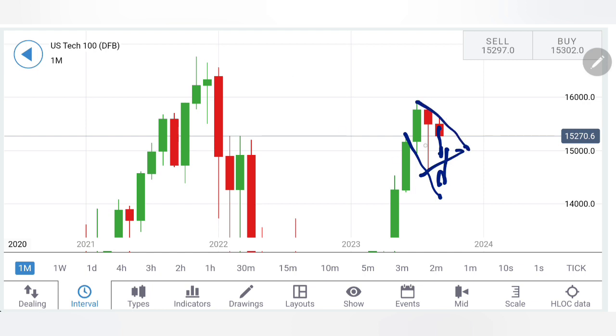Thus, it is also important to note 14,500 on the downside has become critical, and then 14,300 levels. These two levels are going to play a major role for Nasdaq 100 in the near future. When I say near future, this is possible in the month of September also, and if it does not attempt those levels in this month, possibly next month also these levels are going to remain critical. Now remember, lower highs are done, second straight bearish candle, and this could continue on the downside,